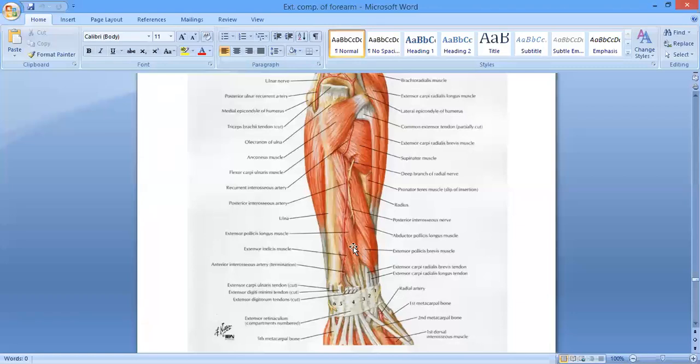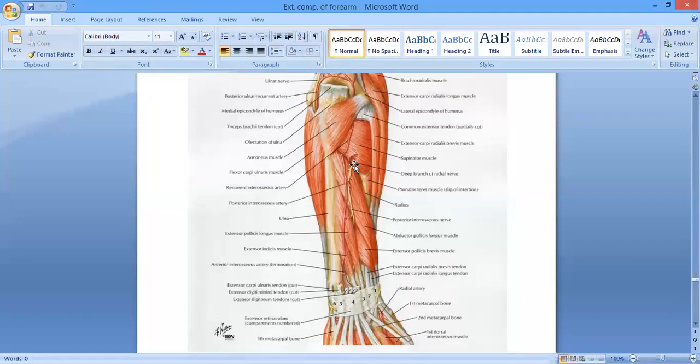Okay, so this nerve is getting origin in front of the lateral epicondyle of the humerus, then it's going to pierce through the supinator muscle and wind around the lateral aspect of the neck of the radius, and it's going to enter the posterior compartment by piercing through the lower border of the supinator muscle and comes to lie in the posterior compartment between the superficial and deep muscles, and then it's going to run downwards over the abductor pollicis longus, and the lower border of the abductor pollicis longus is going deep to the extensor pollicis longus over the posterior surface of the interosseous membrane.